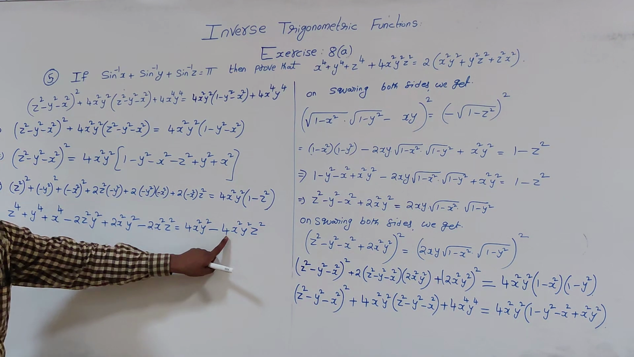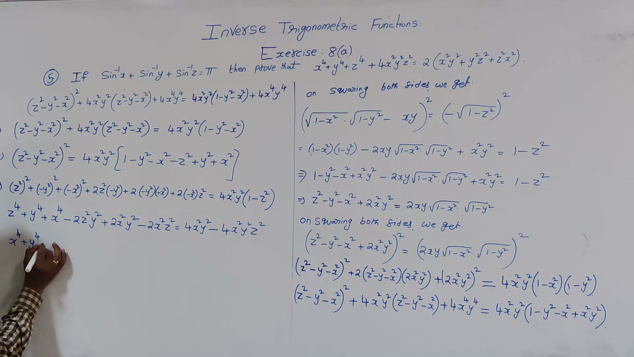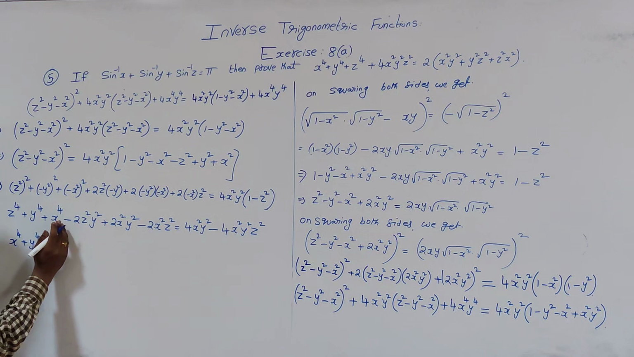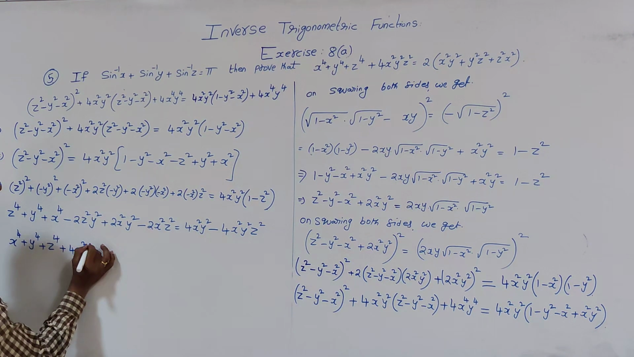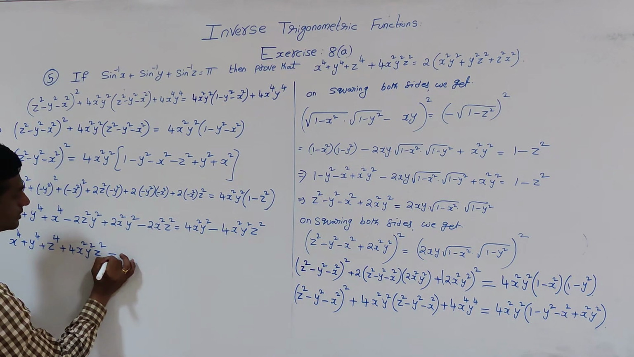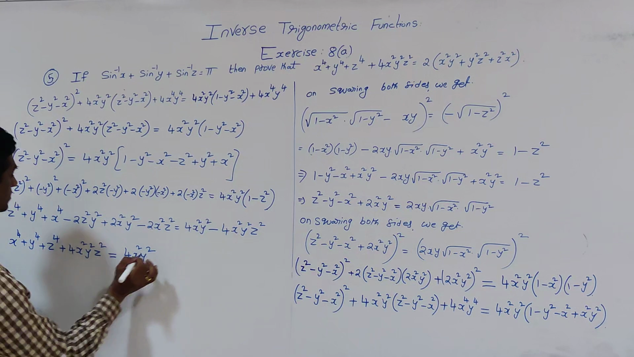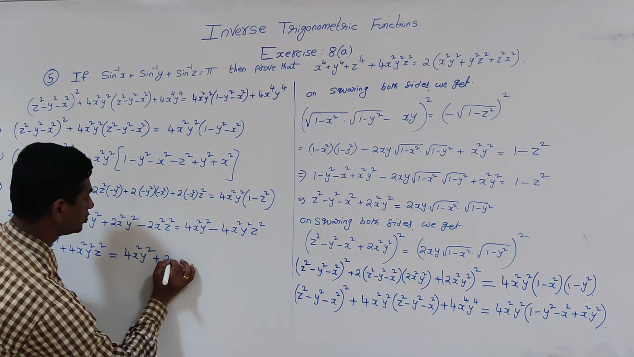Now bring this 4x²y²z² to the left hand side and take the other terms to the right hand side. So x to the power 4 plus y to the power 4 plus z to the power 4, as it is minus, if we bring it to the left hand side, so it will be 4x²y²z² is equal to 4x²y², there is minus, so it will be plus 2z²y²